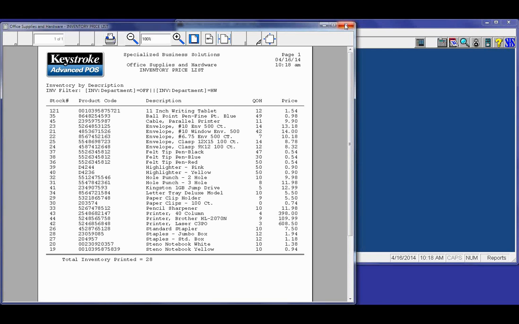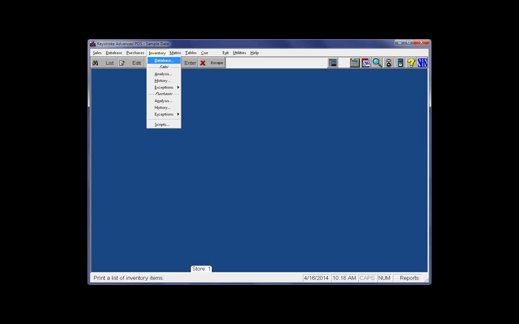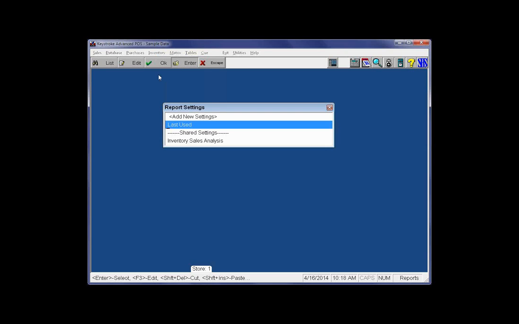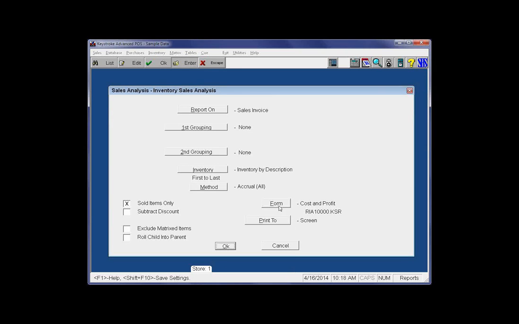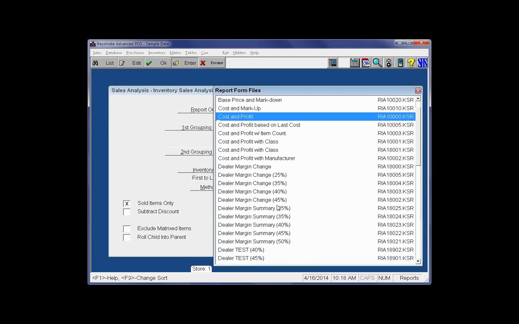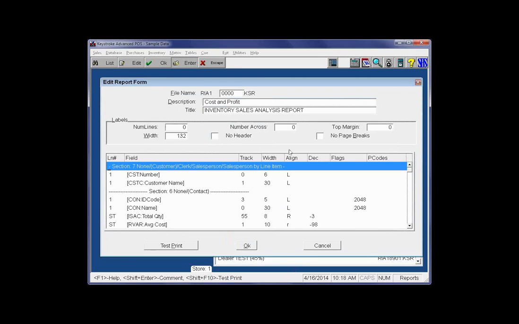Well, let's move on, and I'm going to show you a little more tricks in here. Some of the tricks are using actual variables. I'm going to move down to one of our favorite reports, the Inventory Sales Analysis Report. And I'm going to show you the form first so you get an idea of where I'm going with this. If I hit F3 on this item here, this is the actual report settings, but I want to show you